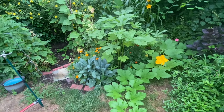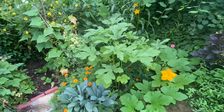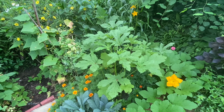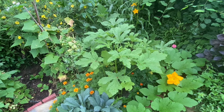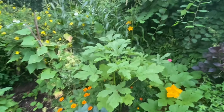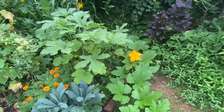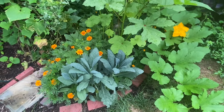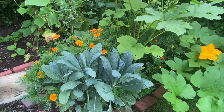But I really love this area. As you can see, my okra has taken off. This is spineless Clemson spineless okra, and it has found its spot. Now that I know that this is where it can thrive, you know that every year I'm going to be planting it here. And also look at my dinosaur kale, and also